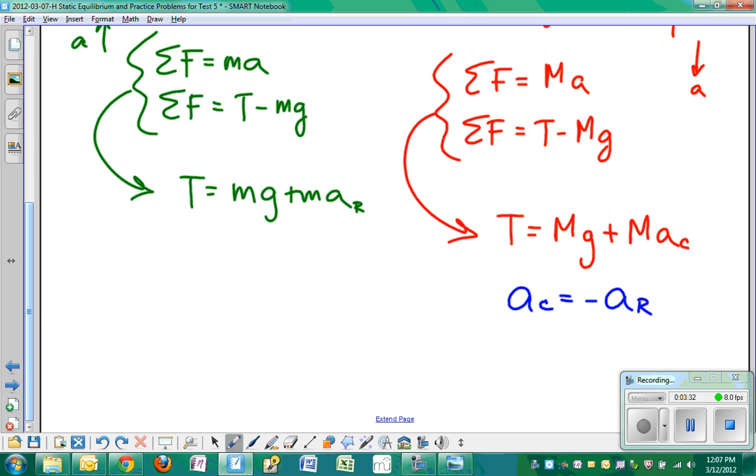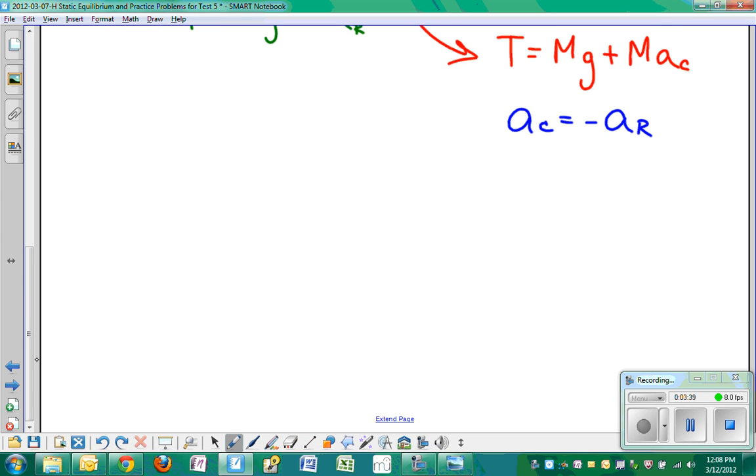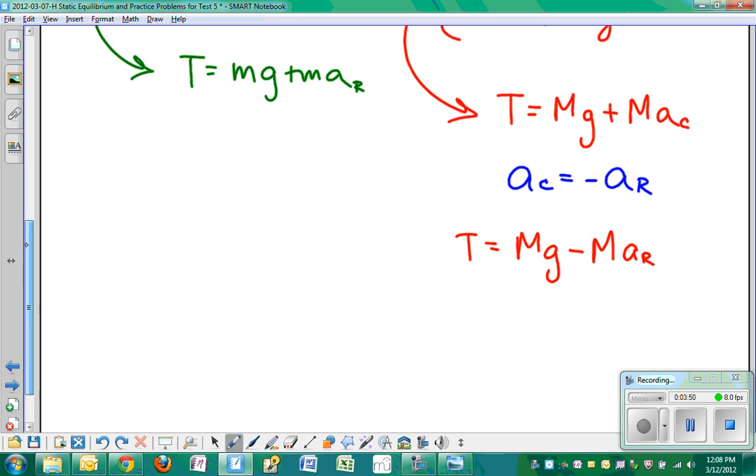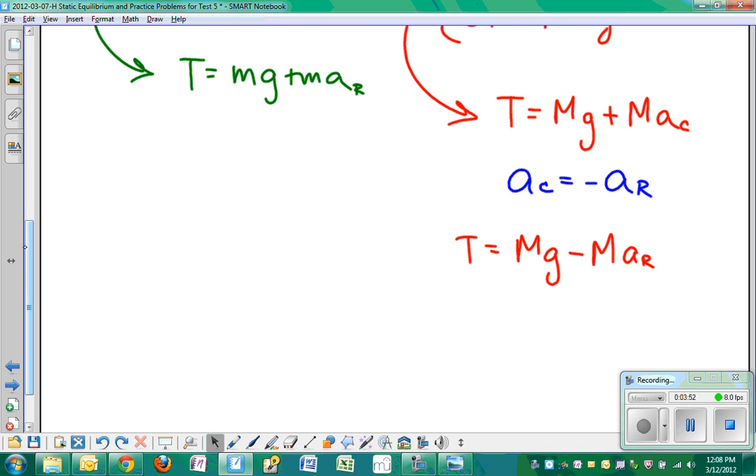Okay. So we can rewrite this red one as T is equal to Mg minus big M A_R. All right? So now we have two expressions for T, and we'll set those equal to each other. All right? We've got the green expression,